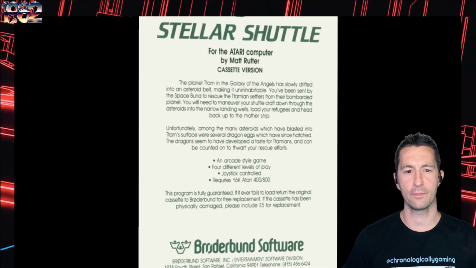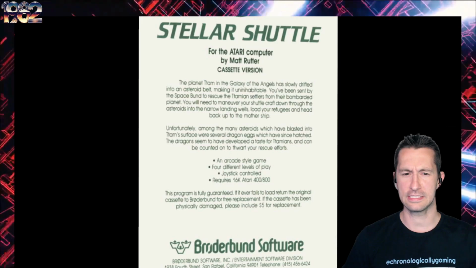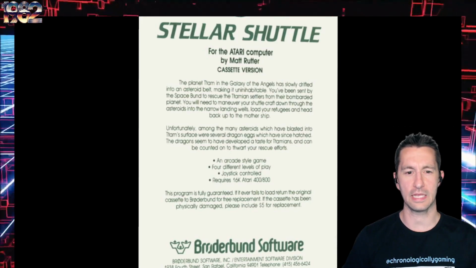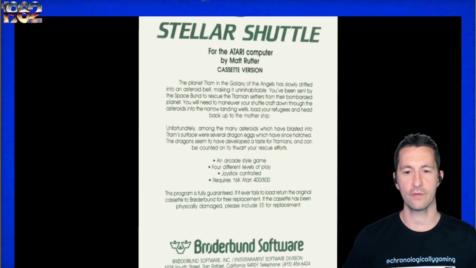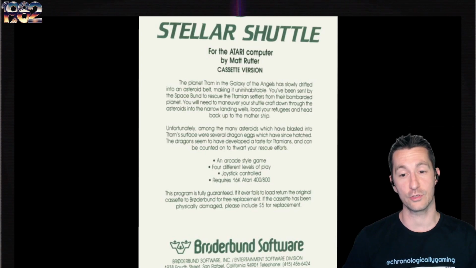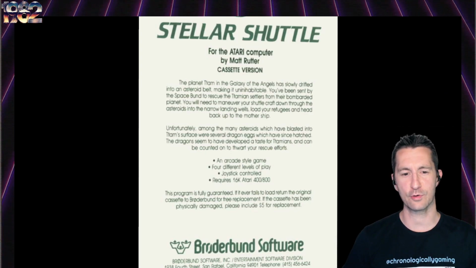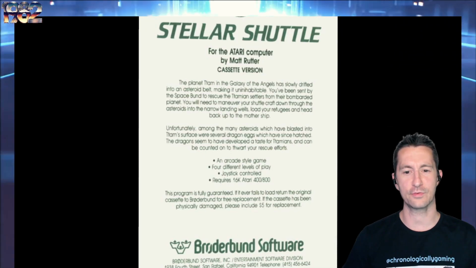You've been sent by the Space Bund, Broderbund, to rescue Tamian settlers from their bombarded planet. You'll need to maneuver your shuttlecraft down through the asteroids to the narrow landing wells, load your refugees, and head back up to the mothership. Unfortunately, among the many asteroids which have blasted into Tam's surface were several dragon eggs, which have since hatched. The dragons seem to have developed a taste for...